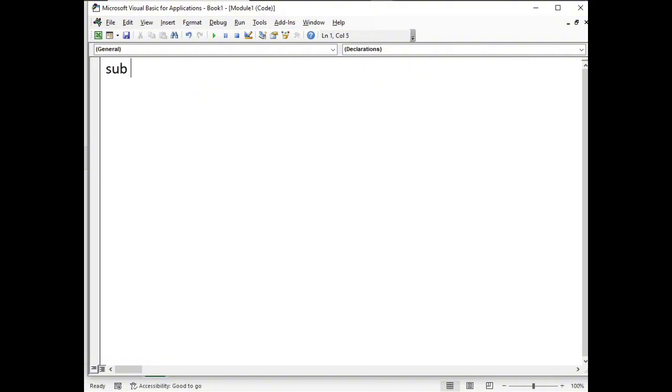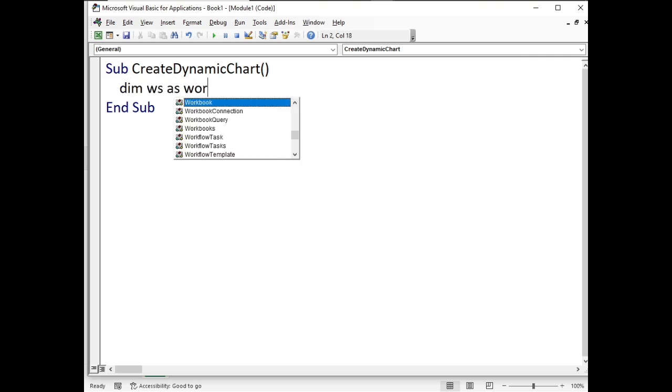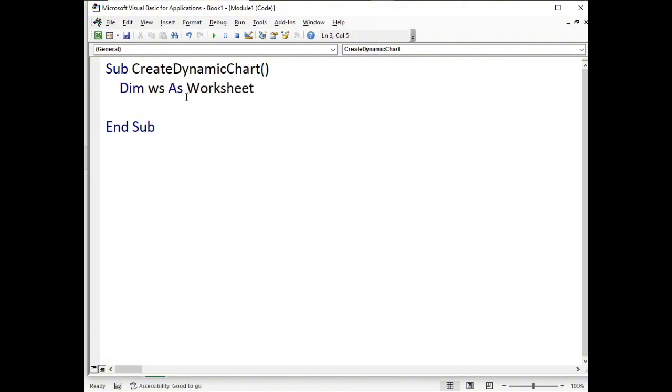My macro name is create dynamic chart, so that would be my macro name. Then I'm going to declare my variables. The first one is dim ws as worksheet. The second variable is dim chart object,